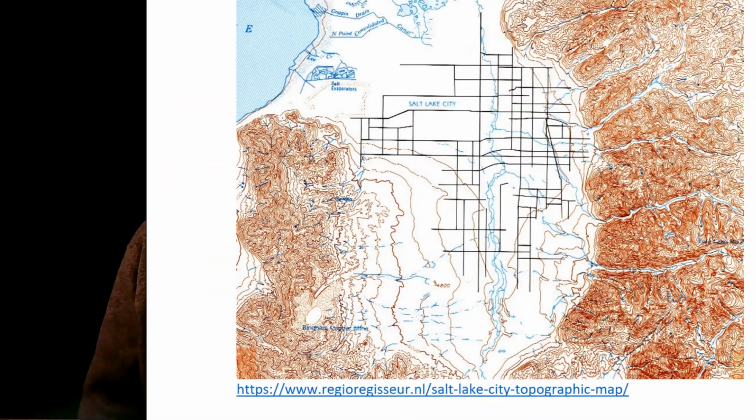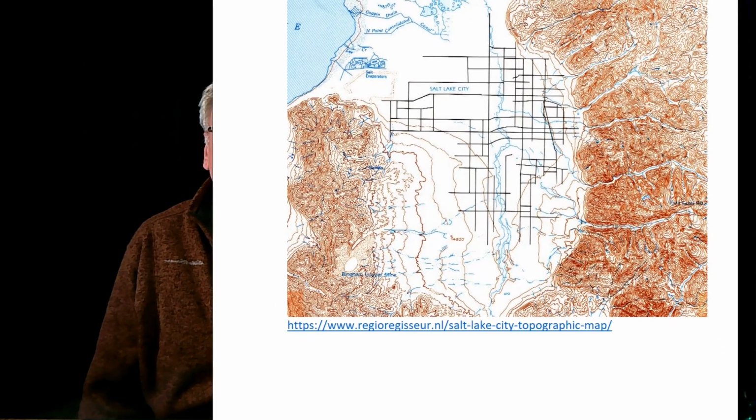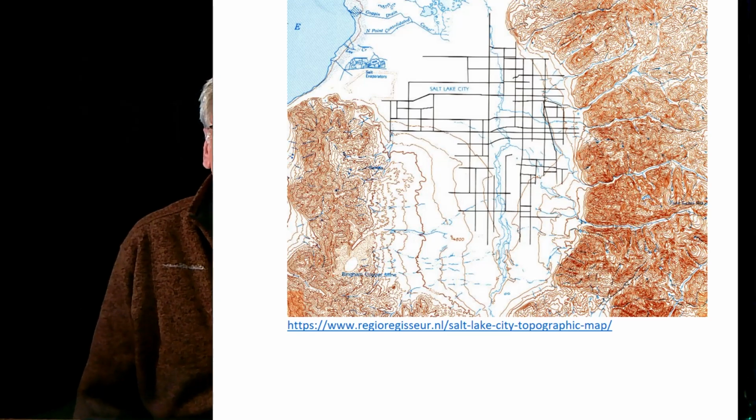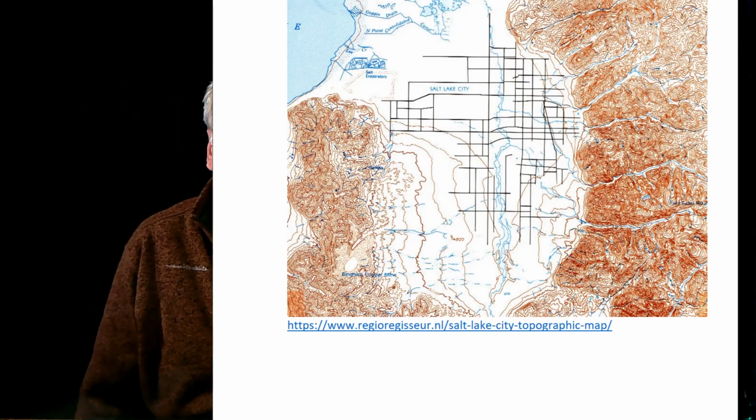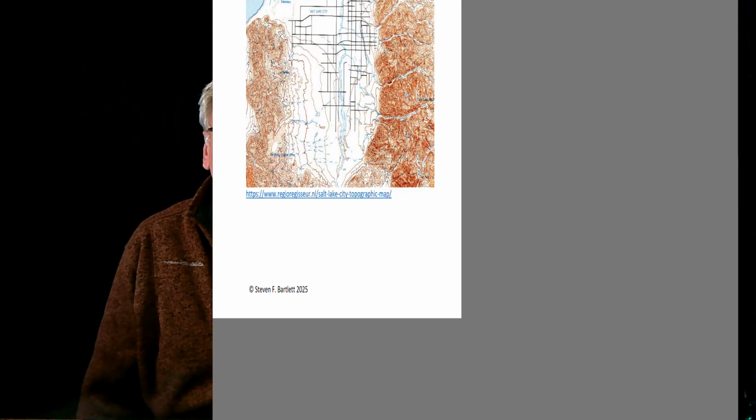So it's clear, at least when we look at the topography in this area, we have a gentle, large valley basin here. It is gently sloping on the west side. On the east side, we have some benches left by Lake Bonneville, and then we're into the terrain that forms the canyons. These lines here that are white are the